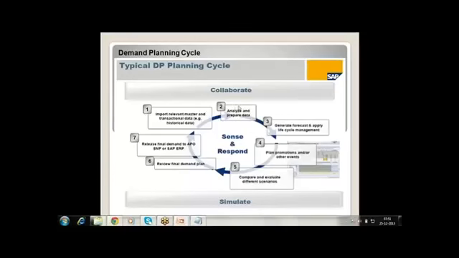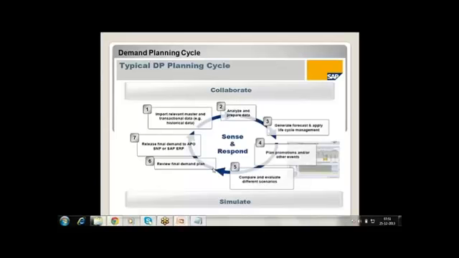Then the business users will analyze the data and make any corrections here. Then, using the SAP APO demand planning standard algorithms, we generate the forecast. Once the system has generated a forecast, the sales and marketing team add a promotion value. Once they have added the promotion value, the demand team, sales team, marketing team, finance, and production all